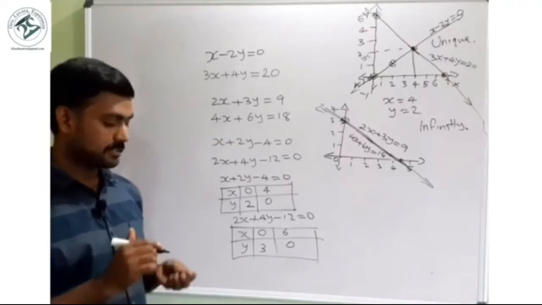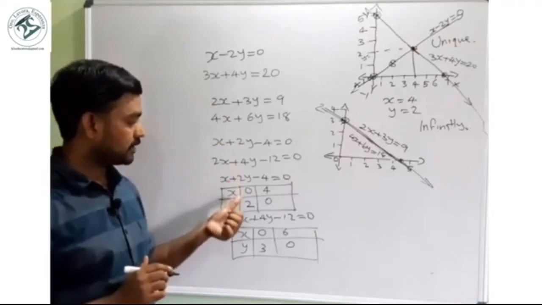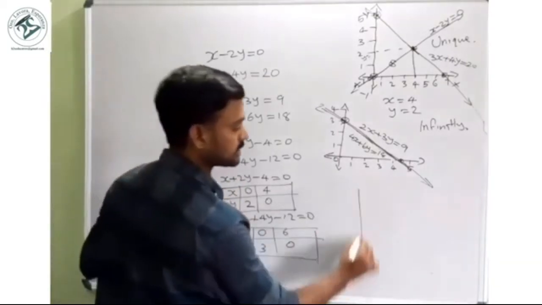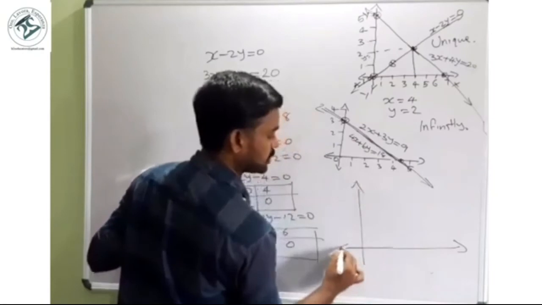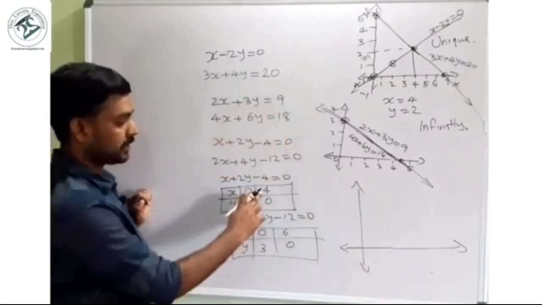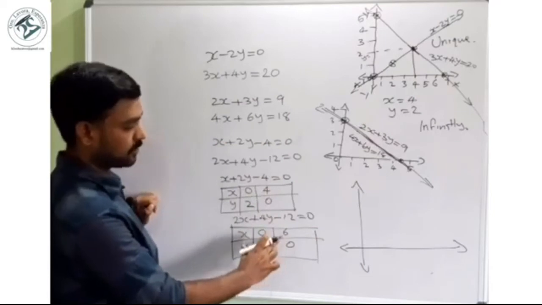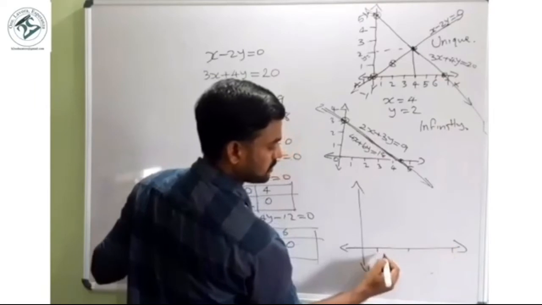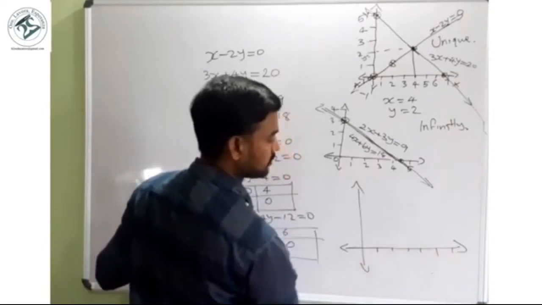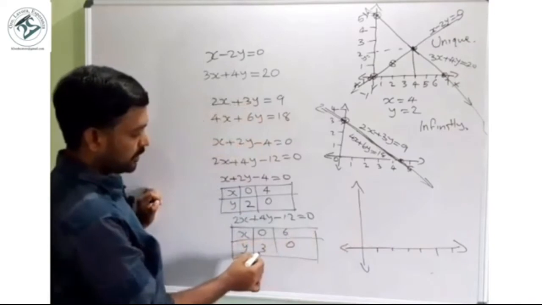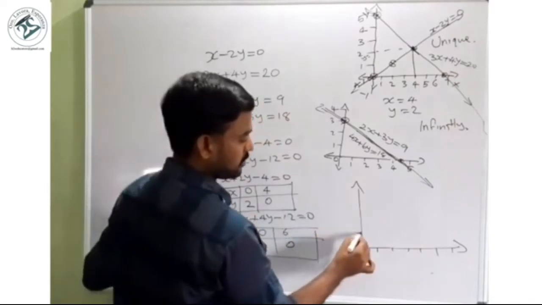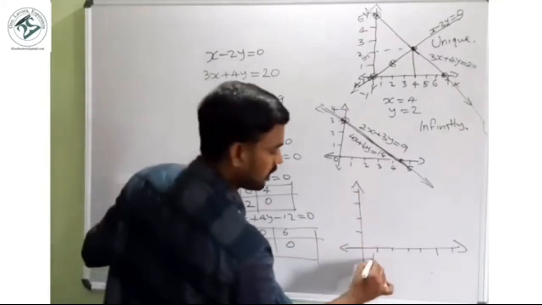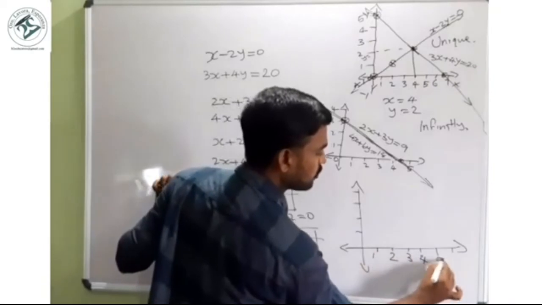So my dear students, when we find the table, we get 2 tables. Now we can draw the graph. As we explained, we have to draw the x-axis and y-axis, which should include the highest and smallest value. Here the highest x value 4, here 6. So in this x we require 6 points. 6 divisions are required. Here the y value, here 3, here 2. So we require 3 only. So 1, 2, 3. 4 also we can give. So 1, 2, 3, 4, 5, 6.